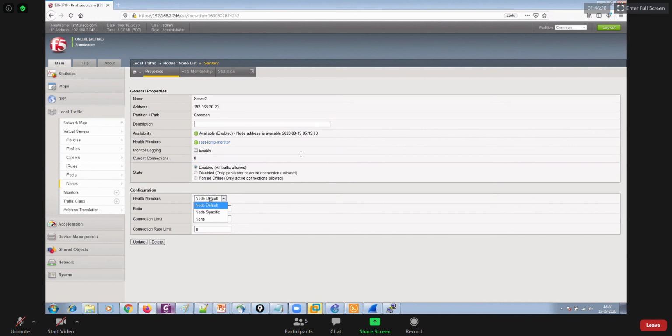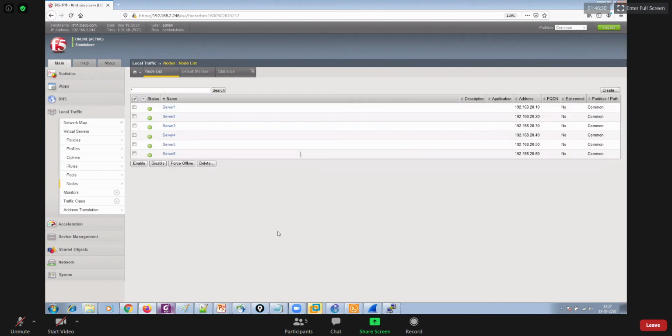So do you have any questions around this? If you want to apply the monitors for the nodes, it is always preferred to use the ICMP, because a node is nothing, just an IP address. So you just have to verify whether this IP address is available or not. And you can verify that by pinging that IP address. And ping can be done using ICMP. And this is what I used here. So if you have any questions around ICMP monitor, please go ahead and ask your questions.